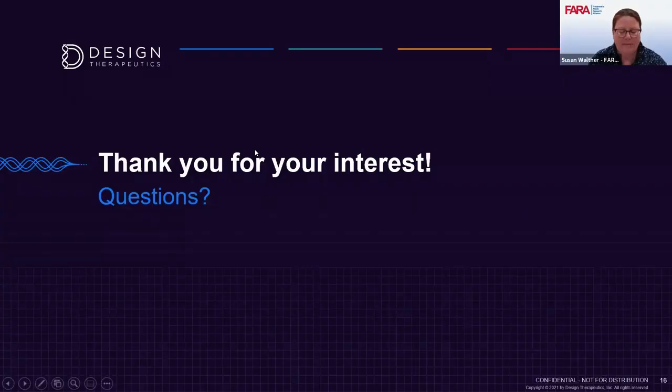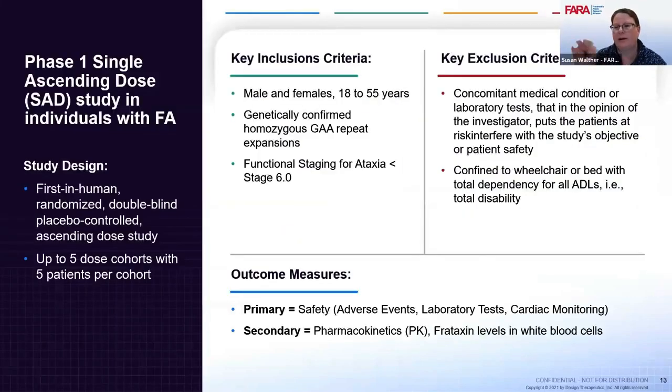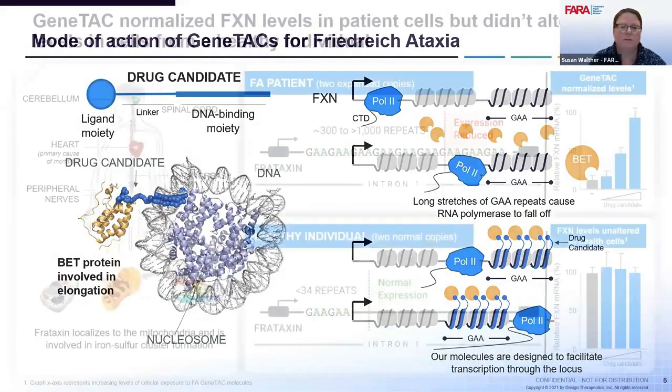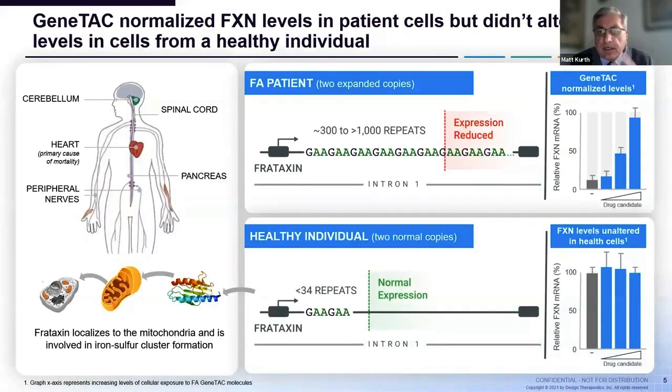One of the first questions that came in that you may have mentioned, and we could just use some clarification. The question was around the maximum number of GAA repeats that might limit the function of GeneTACs. Is there an upper limit for that repeat expansion? Joel, I'm going to turn it over to you because that's a detail. I'm not aware of any, but I'm going to defer to you on that one.